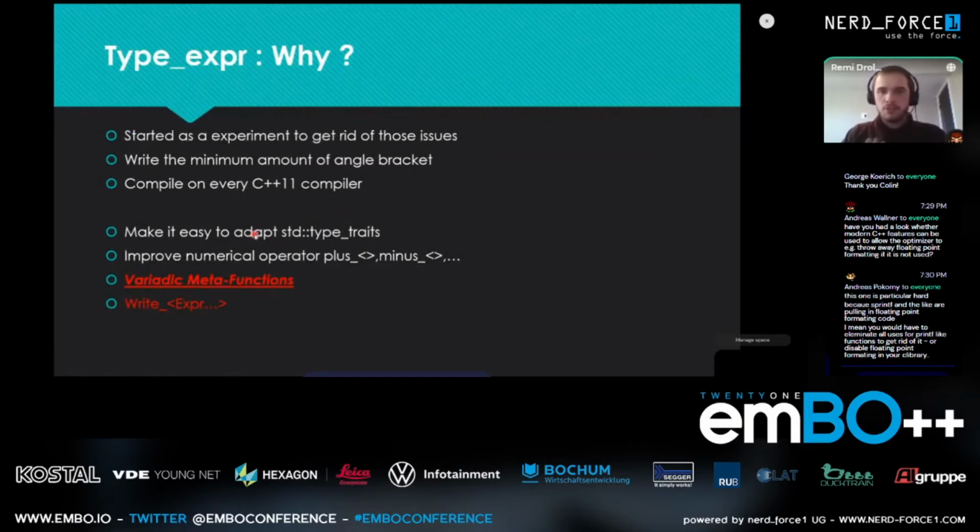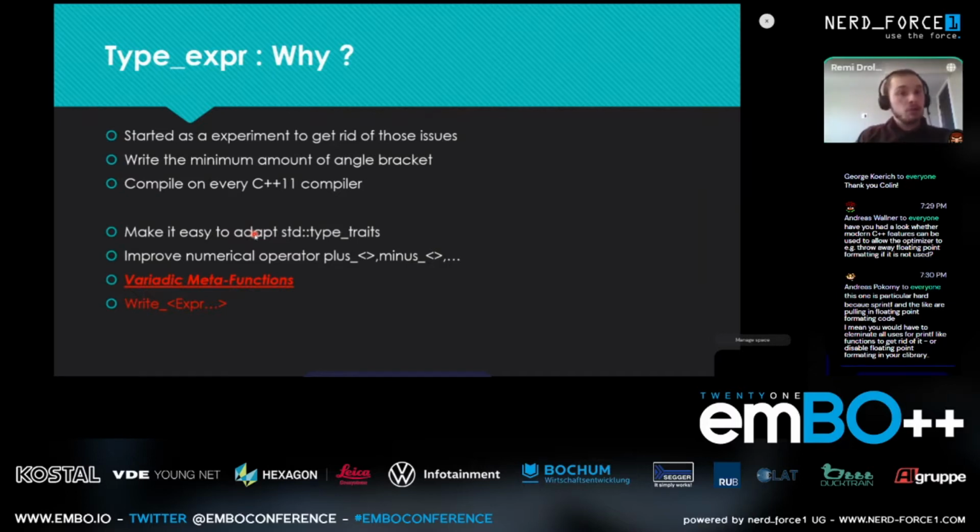So yeah, I wanted to create my own library to solve that. It started as an experiment. I wasn't supposed to succeed, and I didn't want to have a lot of angle brackets. I also wanted to compile on every C++11 compiler, which basically I just need the variadic templates. Yeah, just the variadic templates. Once you have it, it should work. And my way of testing is going into Compiler Explorer and just changing every single compiler up to the end, all those that compile with C++11. And if it worked, hey, it's perfect.